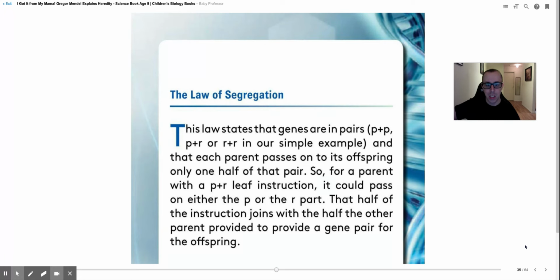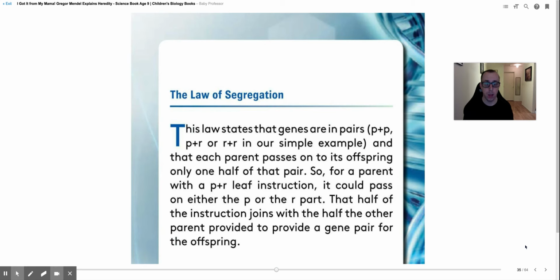This law states that genes are in pairs. For example, P and P, P and R, or R and R. Remember, we get 2 alleles from our parents. We get one from our father and one from our mother. That's every single trait. We get 2 different alleles, and one of them comes out and one of them doesn't. And each parent passes on to its offspring only one half of that pair. So for a parent with a P plus R leaf instruction, it could pass on the P or the R